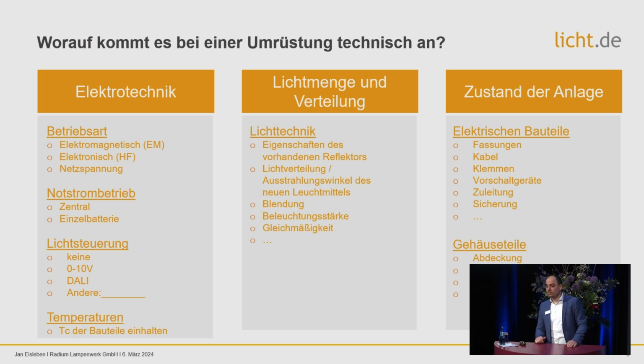But if the light technology is good, because we got numerous T5 lights in the markets that are not old, they are in a pretty good condition. They've got very great properties, great lighting management systems. So in this case, it doesn't make sense for the clients to throw them out. And it also doesn't make sense from an ecological point of view, because this is a good and well-working light. This is also another thing if we think about retrofitting. You don't improve the entire situation if you install a brand new LED light and throw them away too soon, because